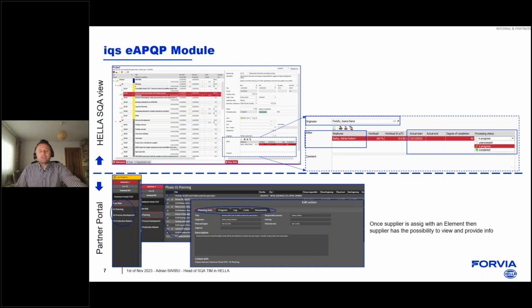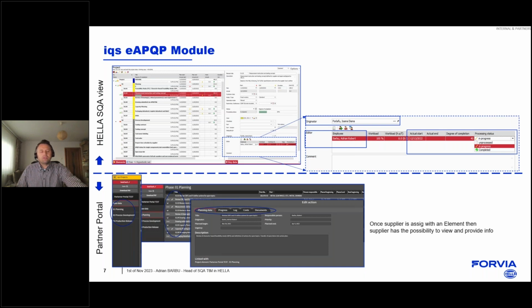A tool that gives us good timing for reaction. We are able to react to the deviations that the suppliers create, based on the timing that we are requesting. And of course, we are able to push the suppliers to report those delays in a proper manner.